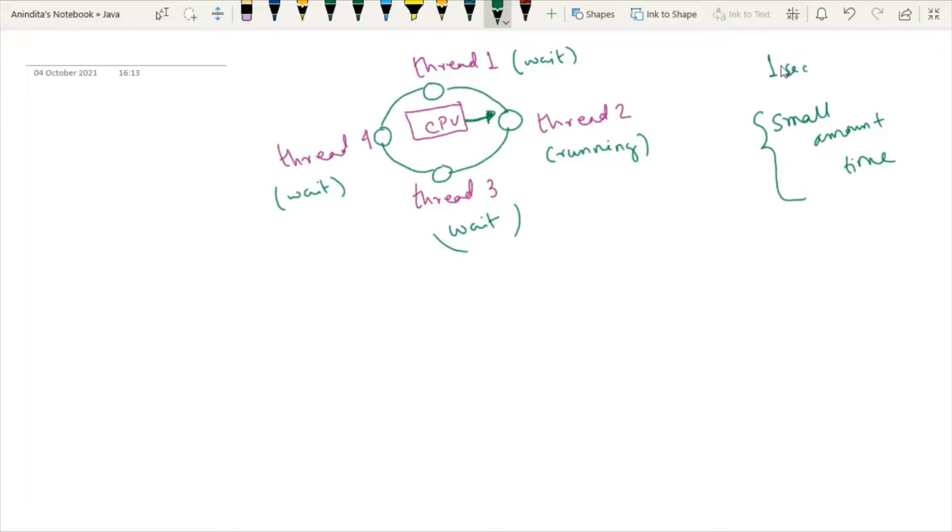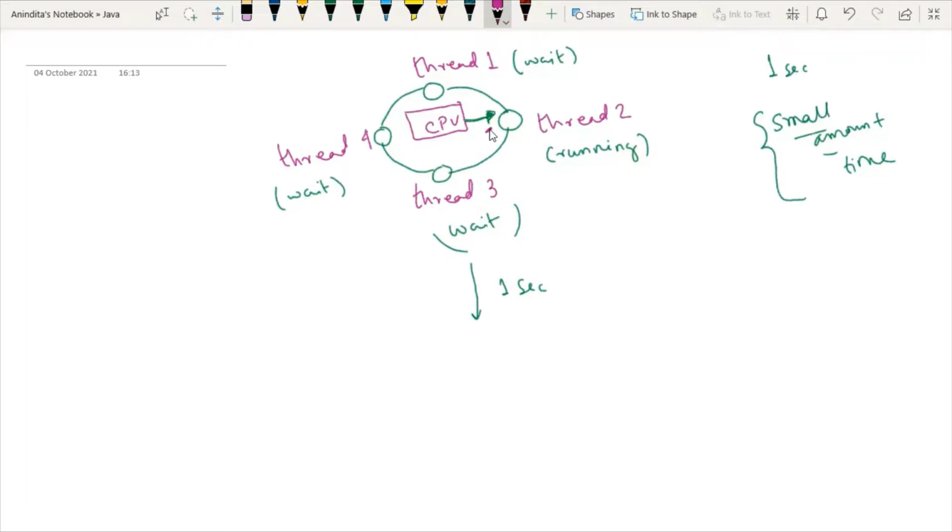So what happens? Immediately after 1 second, see the diagram. Round robin scheduling means the CPU will switch from one thread to another thread immediately after 1 second.